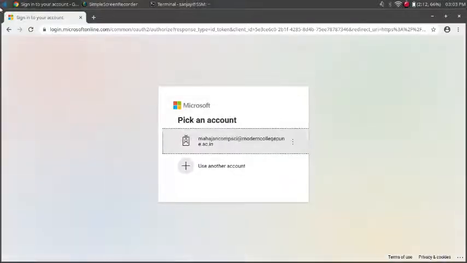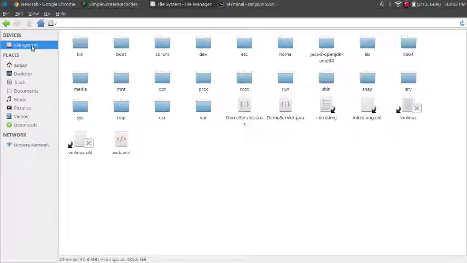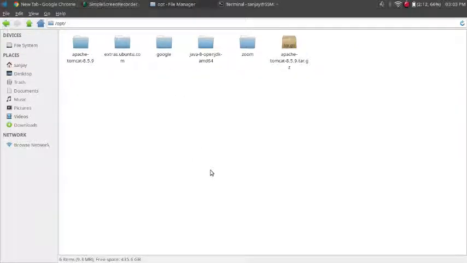First of all, what we will do? We will go in the file system. In that file system, we will go to the OPT directory. I have chosen the OPT directory because it is an empty directory on every Linux operating system. In that, I have copied from the net the tar.gz file, like a zip file, of Apache Tomcat into the OPT directory, and I have extracted that file in the same directory. So that is the Apache Tomcat